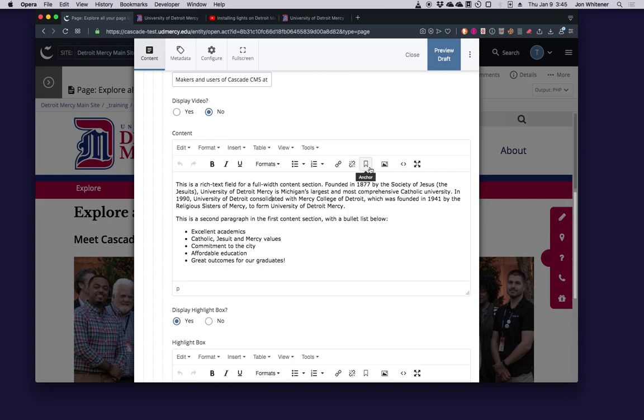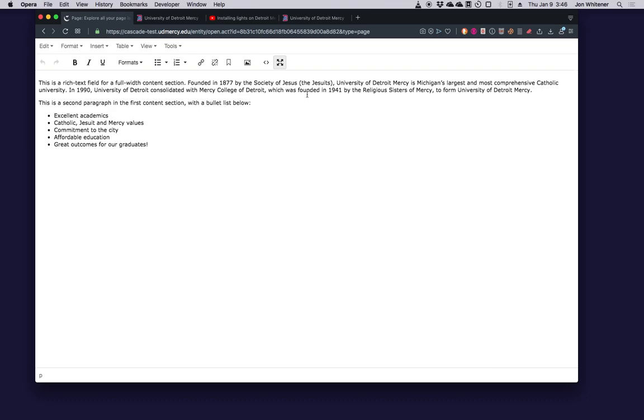This is also an anchor option. We'll skip that. And also you have an insert edit image option, but you're going to see ways that are much preferred over sticking a picture into a rich text field. Again, before we covered this, this is the full screen version in case you really wanted to open up this field to work on it with more room. But I'll shrink it down for now.